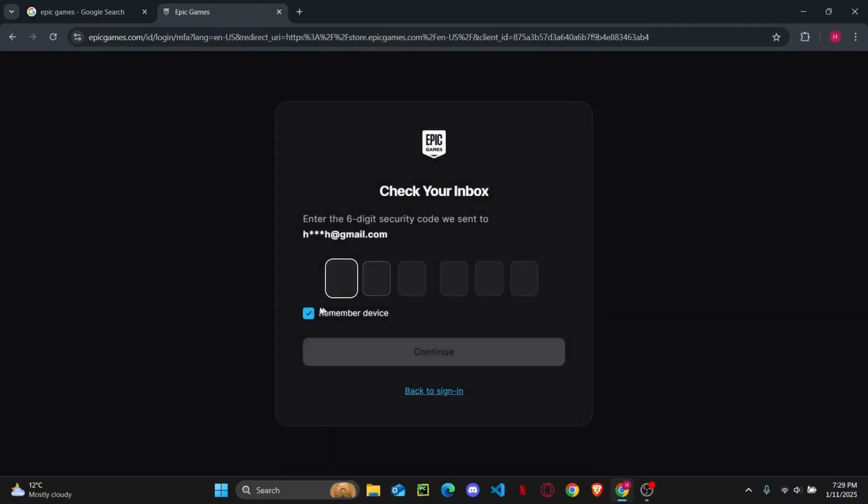And once you have entered your email and your password, if you have set up two-factor verification, you will have to enter a 6-digit code that will be sent to your email. So I'm just going to check the code on my email right here. And once you get the code, you can simply enter the code